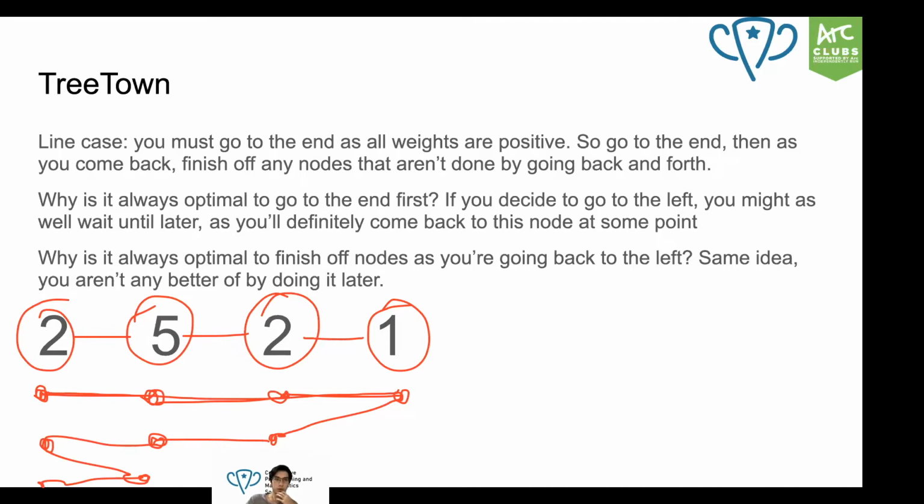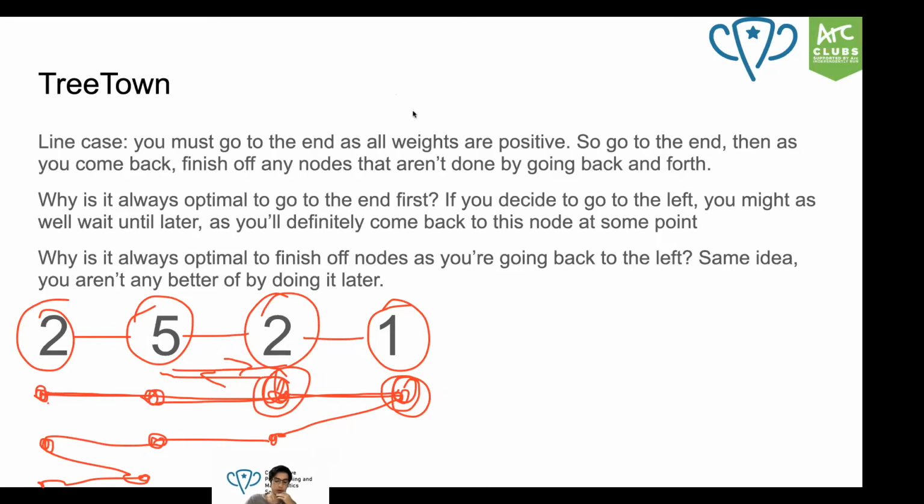And the reason is, if you stop somewhere here, so I'm saying at the very beginning, you go from start to end by taking each node in order. And the reason that you should do that is because if you went back at this point, if say you went back here, then at some point there's stuff later on, right? Because every node is positive. So at some point you have to come back here. And so you might as well